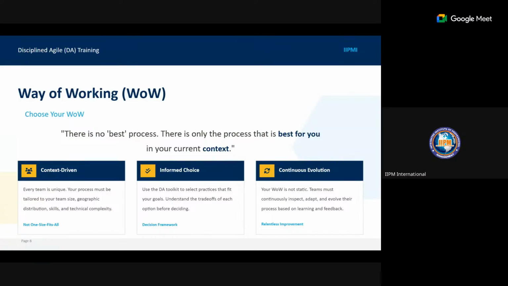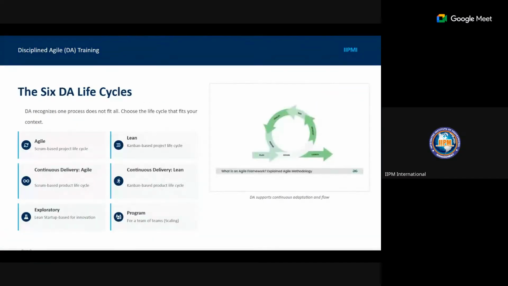Now, the discipline Agile is developed by and managed by the Project Management Institute USA. If time permits us, I will go to my portal on PMI, and I will show you how the discipline Agile works.